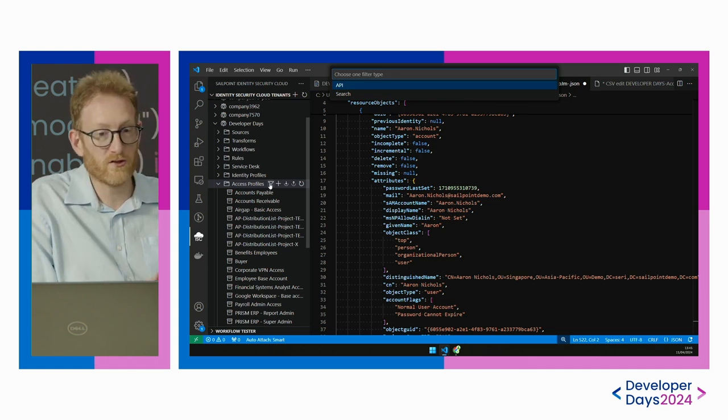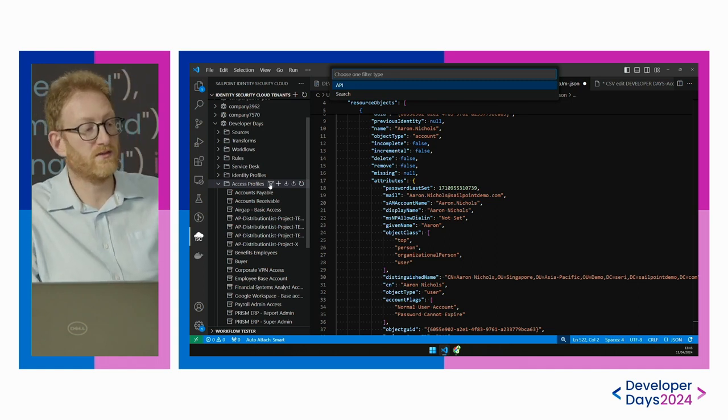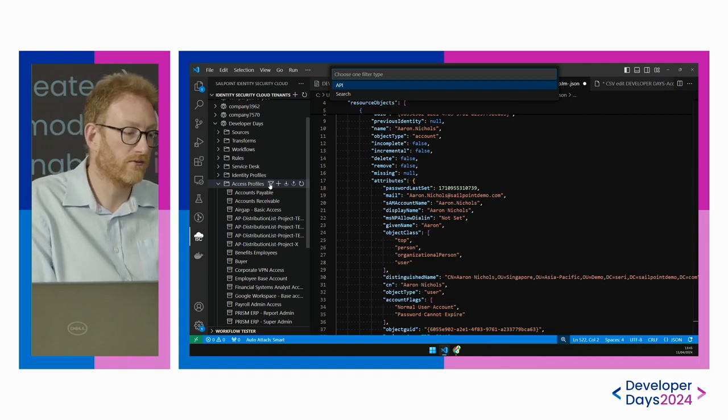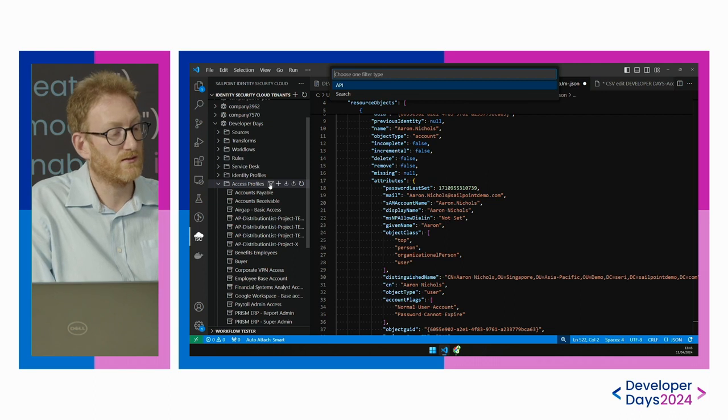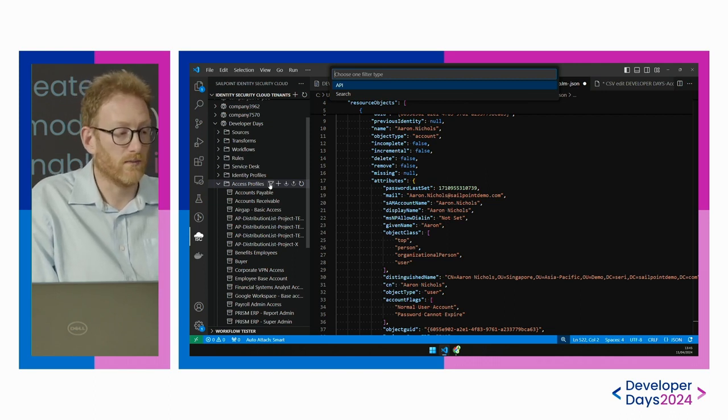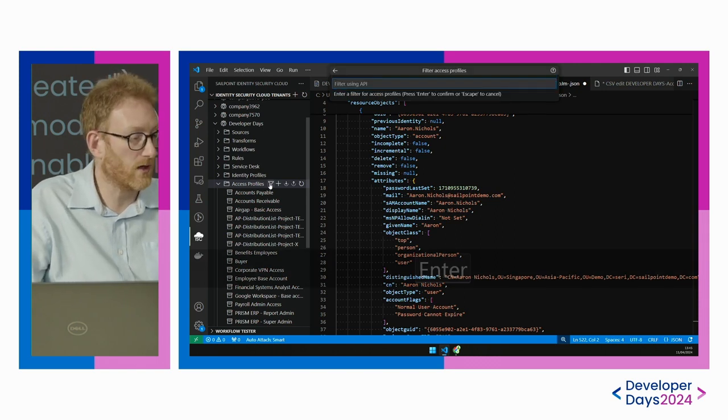If you have just created an access profile, it's possible that even though you are looking for it, if you are using the search API, you may not see it. If you are using the API filter, as you are querying directly the API, you will have it directly. So if we use the API, for instance,